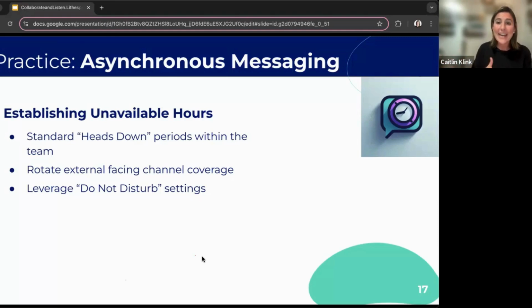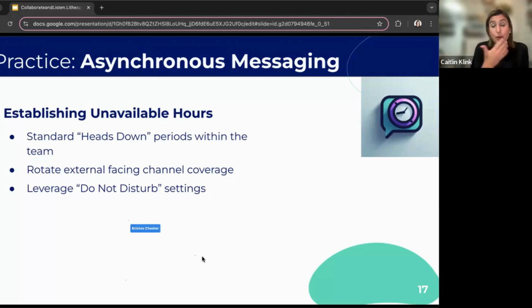Like if you say, I'm heads down until 3, I'll be responding to Slack messages then. If it's urgent, please call me. Although depending on what generation you work with, some younger generations are never going to answer the phone. So just get over that. But maybe you have a way for people to reach you with urgent messages. But you say, I'm heads down until this time. So you can put all of that in your status on these messaging apps, so that way people know, oh, okay, I'll reach out to them later. And maybe they find the answer in the meantime, while they're not bothering you.